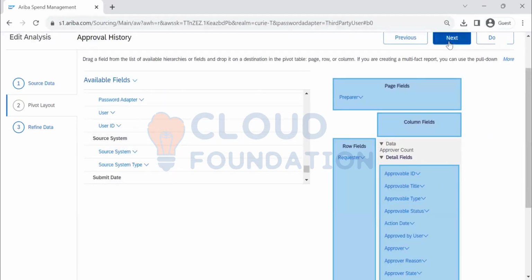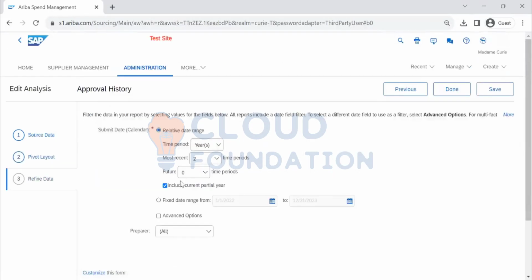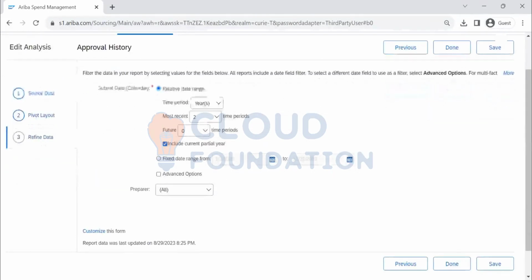Okay, now click on next. The next stage is refining your data. How long do you want this data to be visible? Time period, most recent 2 periods. Then the system will also tell you that by selecting this, you are going to get the data of your approval history